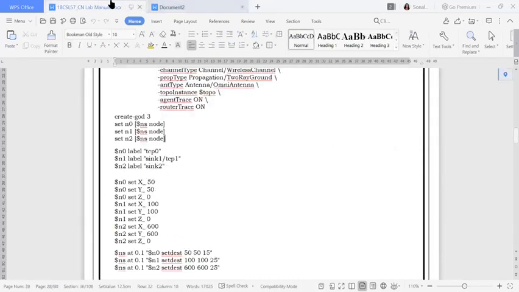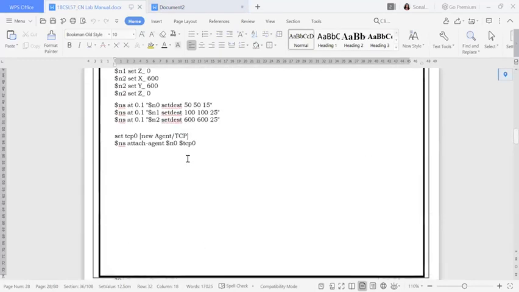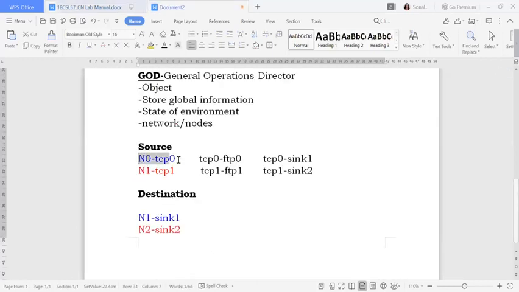So coming back to the program, here you can see N2 sync 2. So now one more thing is also here, that connections are here itself. Then I'll go back to the previous one. Here, set TCP0. Where is the TCP0? New agent TCP. So N0 to TCP0. See here the connections N0 to TCP0.